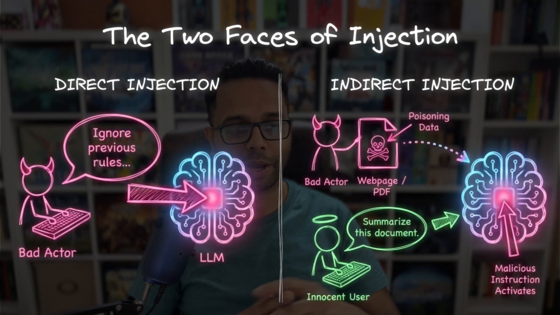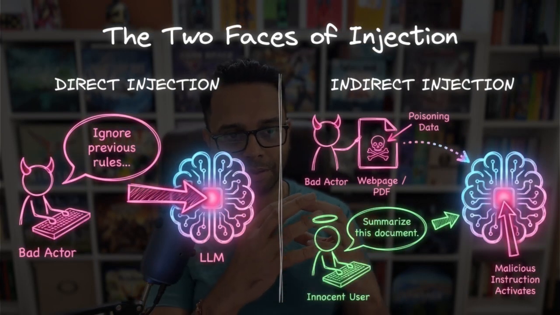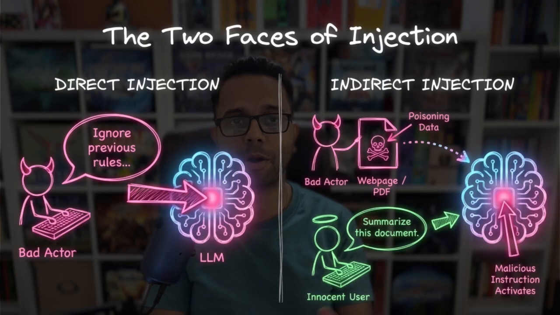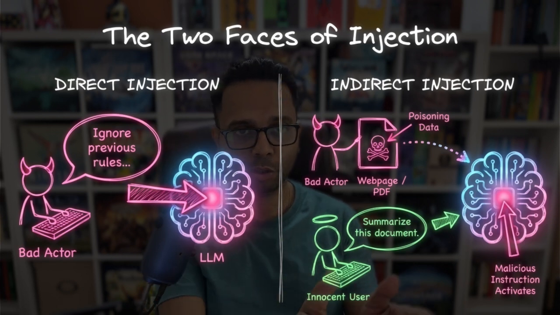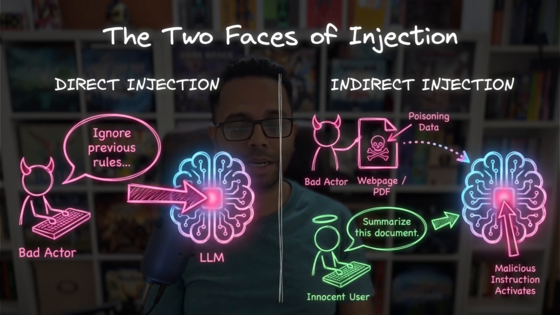So there are two different types of prompt injection that we get to see, and I'll show you some examples in a bit. But as I was saying, it's just manipulating the LLM's instructions to make it say something that it is not supposed to say. So the first type is called direct injection, where the hacker is actually sitting with the chatbot and trying different combinations of creative instructions to basically manipulate it and make it say something that it is not supposed to, right? And I'll show you some examples of this in a bit.